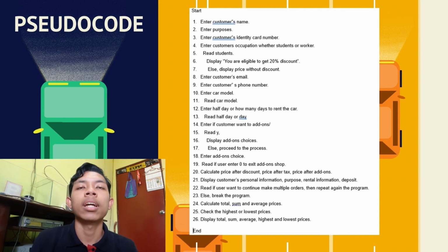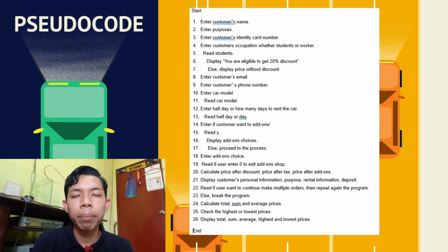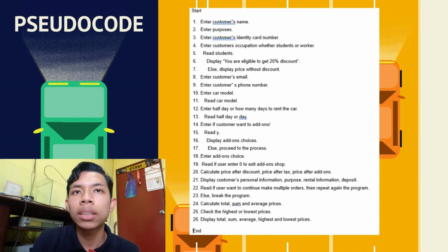If the customer is a worker, then it displays the price without discount. So the program will ask the customer to input email and phone number, and also the car model the customer wants to rent a car. Then the program will read the car model, and the program will ask the user again how long